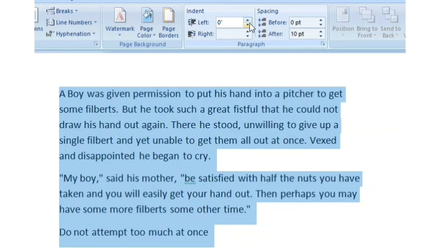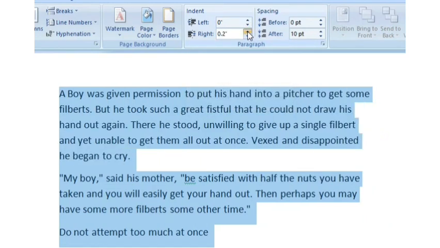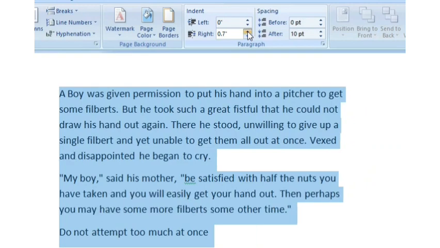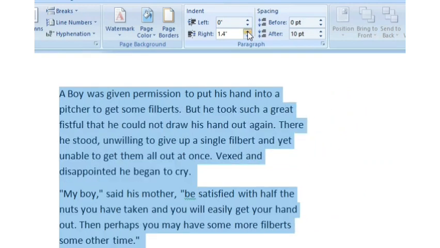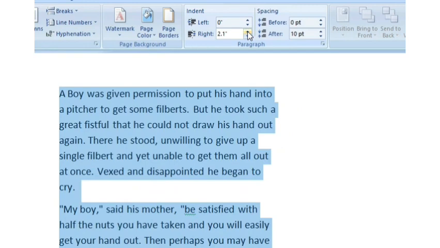Going back to 0 again. When you increase the value of the right indent, then the whole paragraph will move towards the left side. I hope it is clear.